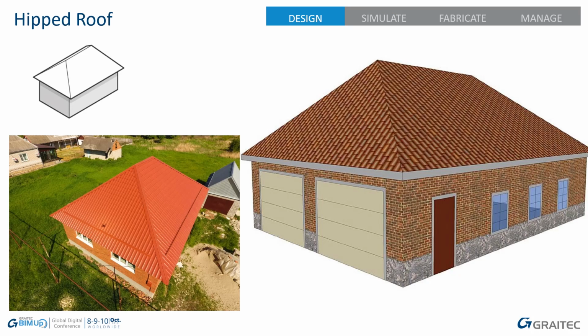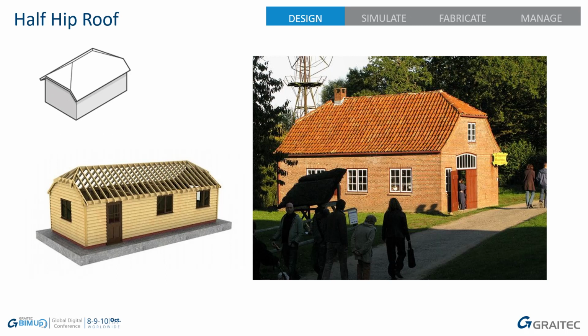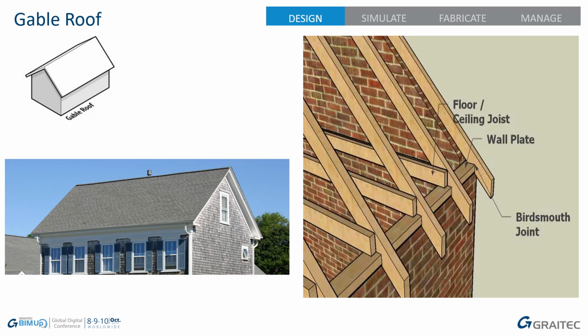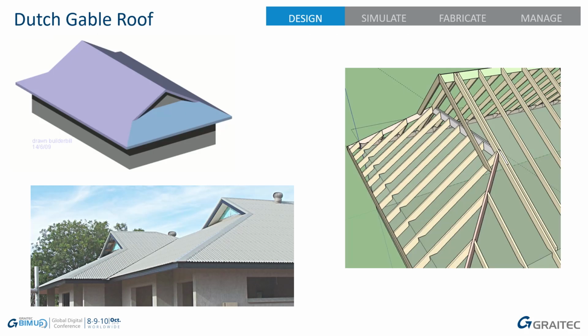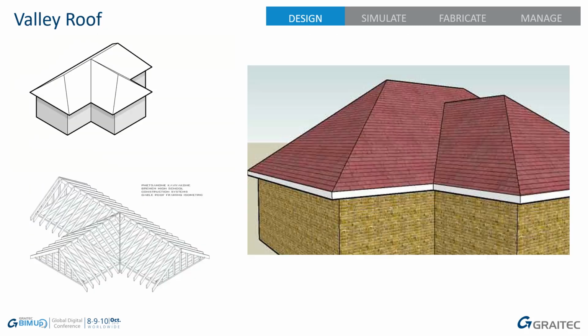Let's have a little tour of those in case you don't know what I mean. So a hipped roof, I think we're all fairly familiar with this. I tried to put a few images in here for each of these. A half hip, so you can see it's sometimes called a half gable as well. The gable roof, fairly traditional in the UK, that's for sure. We have Dutch gables, valley roofs, so it's hips and valleys in this, so we've got separate ridges, all part of the same roof